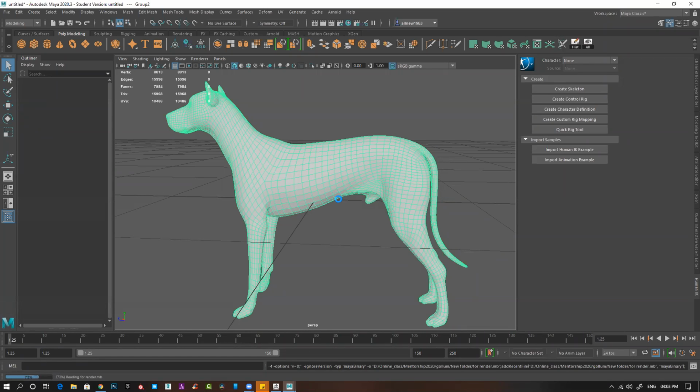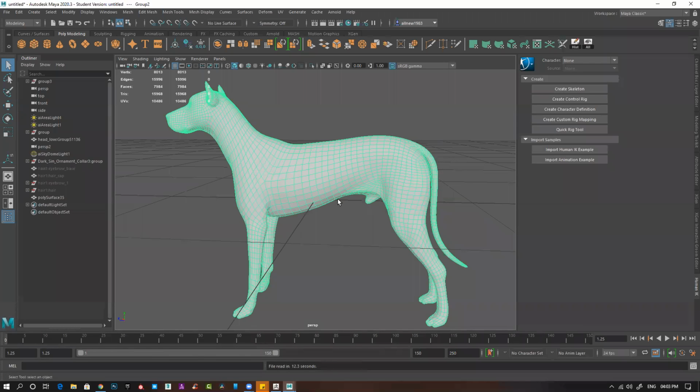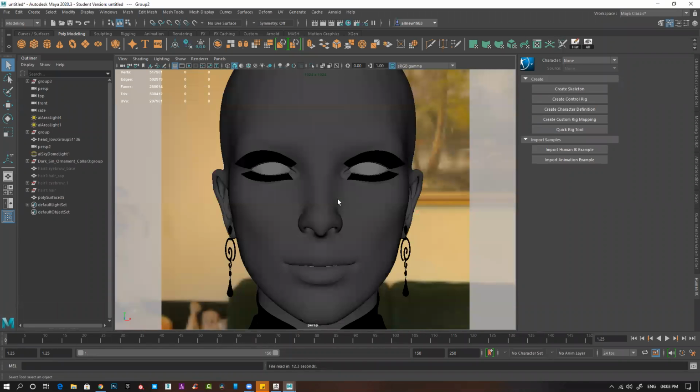Traditionally, whenever we unwrap anything, like one entire body or one character, we unwrap it completely within one UV tile, right? So in UDIM,